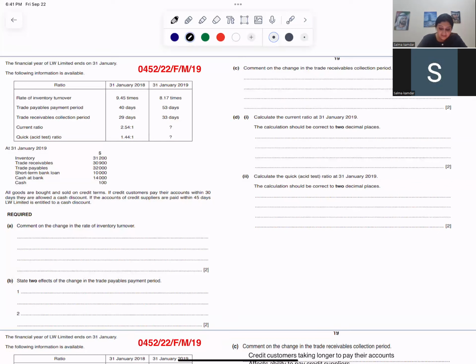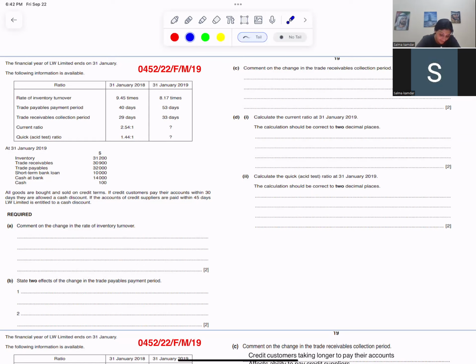So we are doing a sum which involves ratio analysis, where you have to comment upon the inventory turnover ratio, the trade receivables turnover ratio, the trade payables turnover ratio, and this is a past paper question of March 2019, paper 22. So read the question. The financial year of LW Limited ends on 31st of January, and I have the